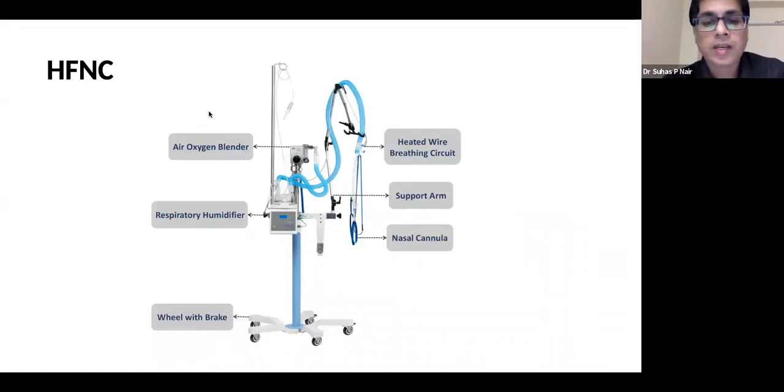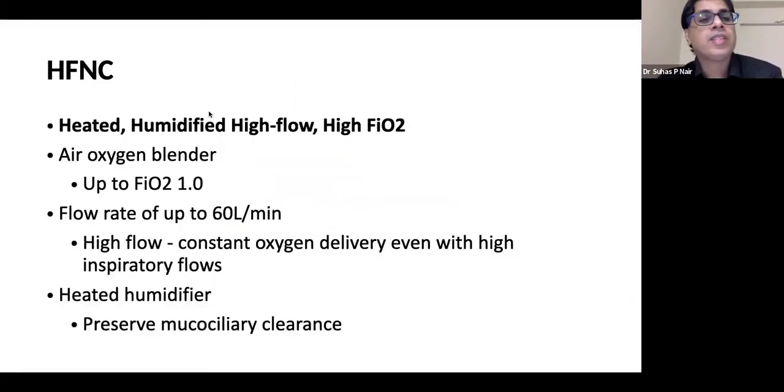HFNC, the most important oxygen therapy device as far as COVID-19 is concerned. HFNC basically supplies heated, humidified, high flow and high FiO2 oxygen, and it has an air oxygen blender. It gives up to, let us say, around 0.95 FiO2, and flow rate depending upon the manufacturer, it is up to 60, some provide up to 50, and high oxygen flow is delivered,